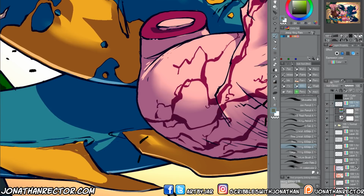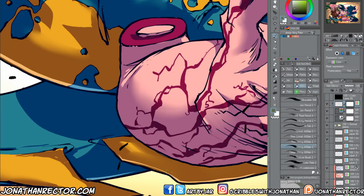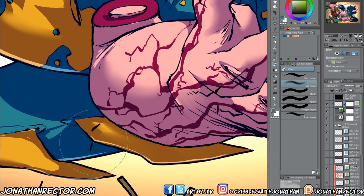Alright, so now we got that layer. I can just go ahead and put a clipping mask on it. And check this out. If we erase with the soft eraser, you see that? The reason why you want to use clipping masks,